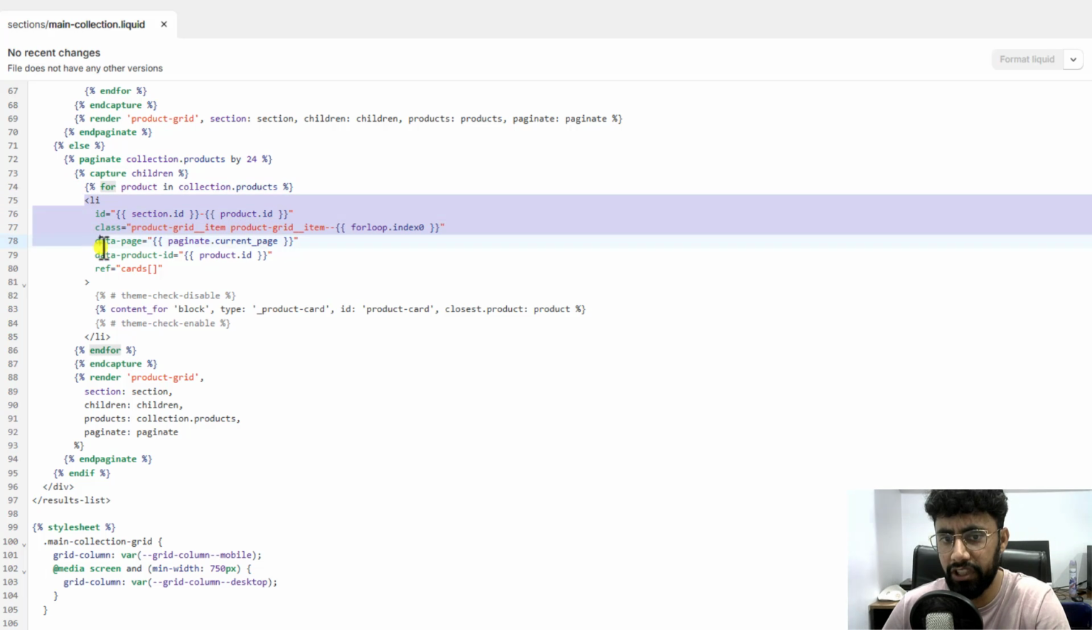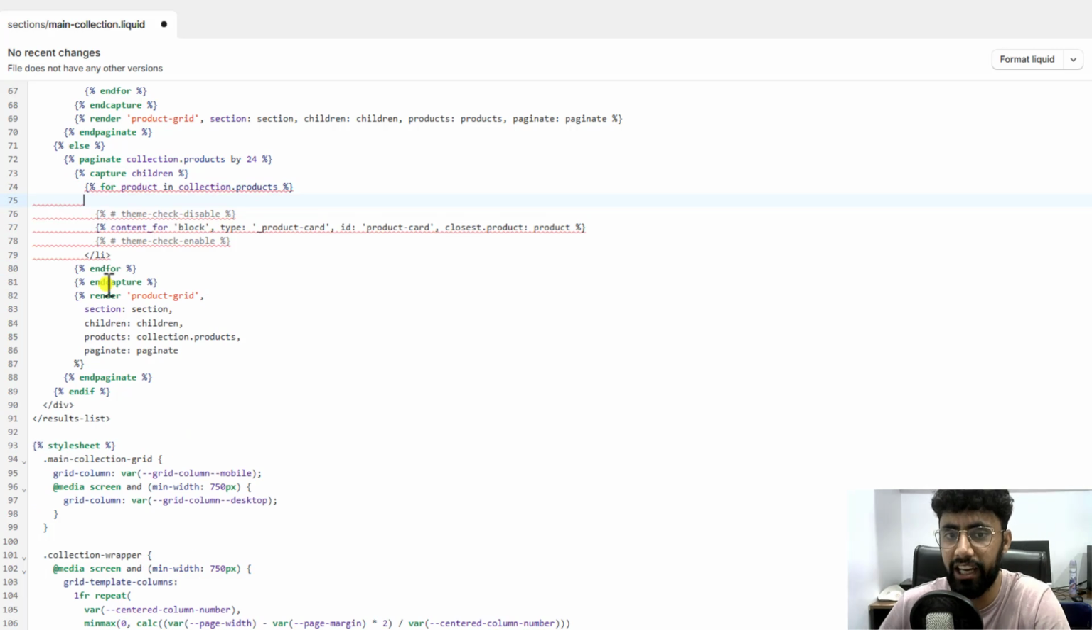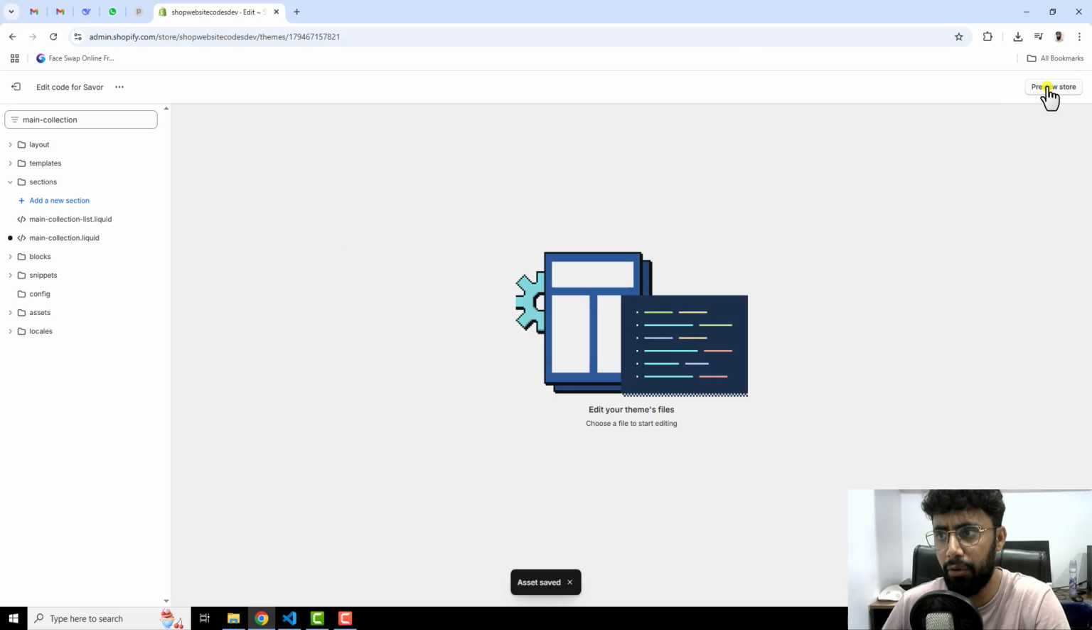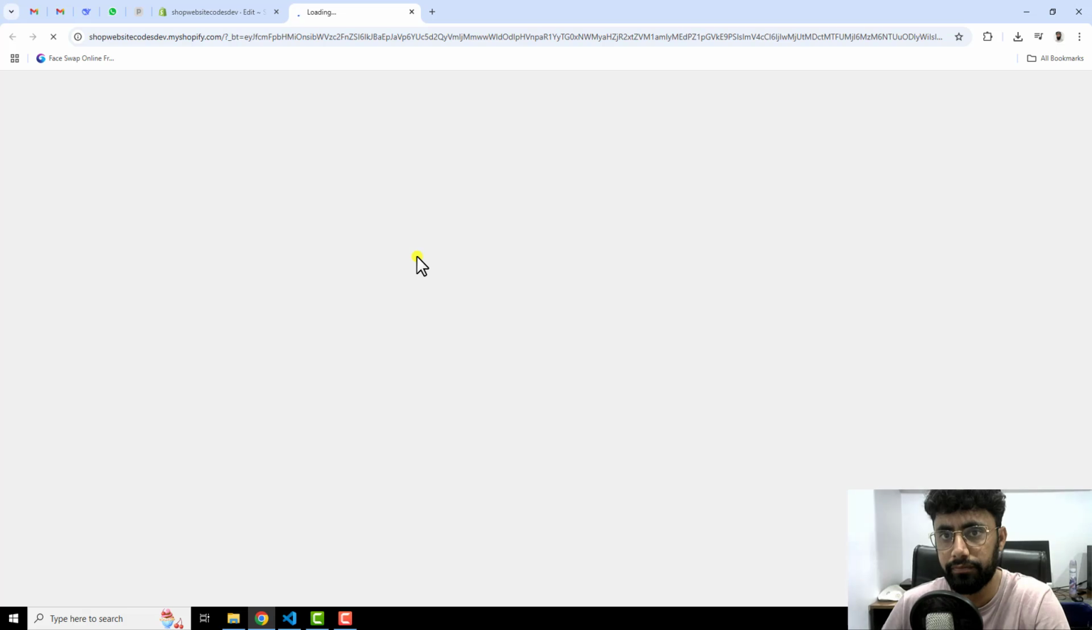So you should remove this li tag from here. This is the opening li tag, and then we have a closing li tag also, so you should remove this one also. So once you are done, then you can again save the changes and then close this file. So that's it. Now if you see the preview,